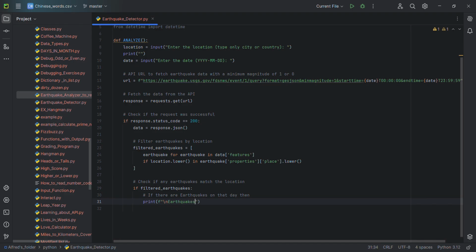Earthquakes in the location or the date, and then